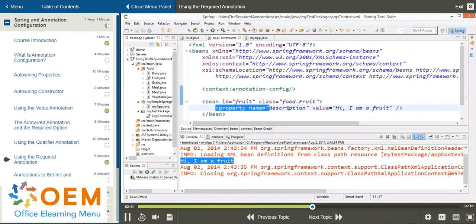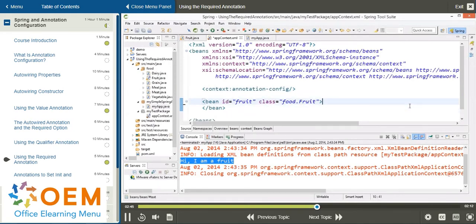So what I want to do is I'm going to take this out here, and what if I am creating this application and I know that, hey, I do not want this fruit bean to be created without a description. If a description is not provided, I want that to be a problem because for whatever reason I know I cannot have my application initialized with a fruit bean without a description. What I can do is I can force that description